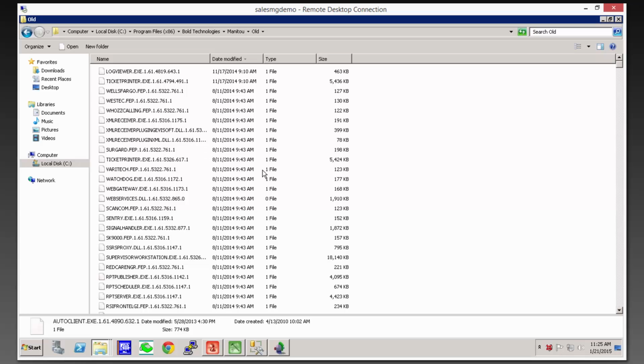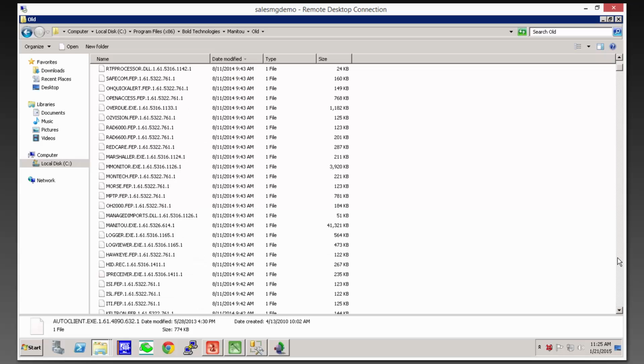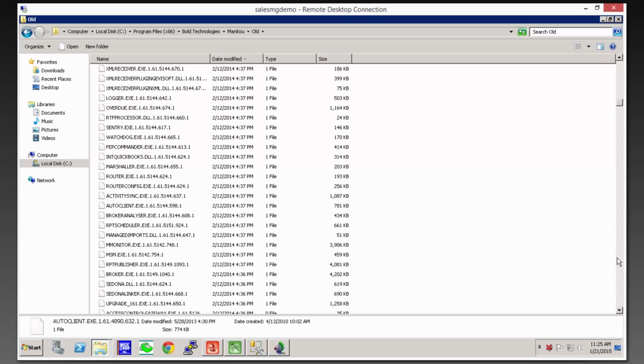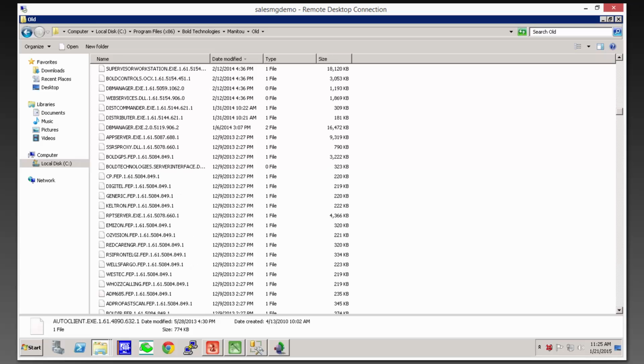So what I'm going to recommend, just from the standpoint of making sure that we have the maximum amount of usable stuff in here, but still maximizing space. We're now in the year 2015, but what I'm going to do is I'm going to keep everything throughout 2014 where it says the date modified here. So I'm going to scroll down through my list here. I'm actually going to keep all this stuff from 2014, but all this stuff from 2013,